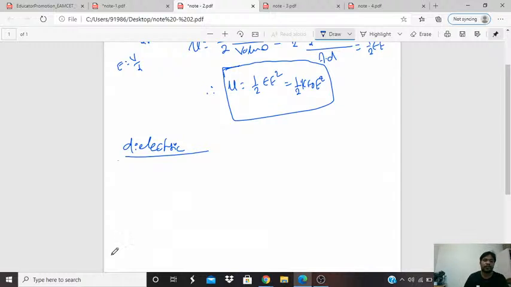Okay. See, dielectric or dielectric constant means it is like what? Insulated. That means, see, if you place this dielectric material in between the plates of a capacitor or the terminals of the battery,